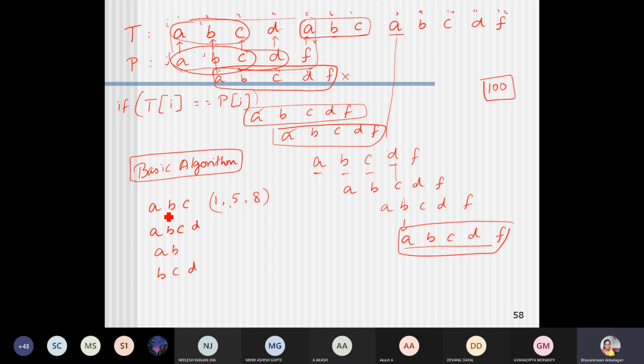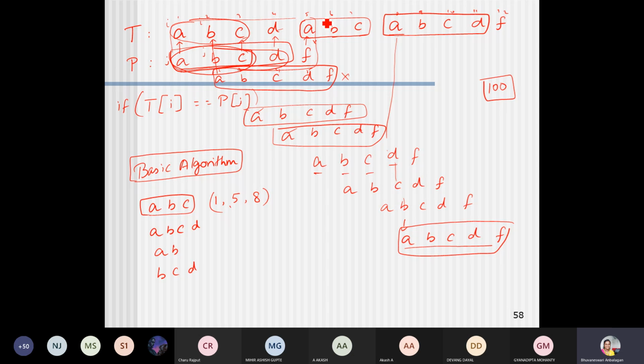Ma'am, so that way you can proceed to get the final target. Obviously that is the right answer. If it has already studied some pattern that may exist in the upcoming text, for example, ABCD is matched here, but after that F is not matched. Now, instead of just moving one step ahead, you look for any other ABCD coming in the upcoming text. Is there any other pattern available in the upcoming text?